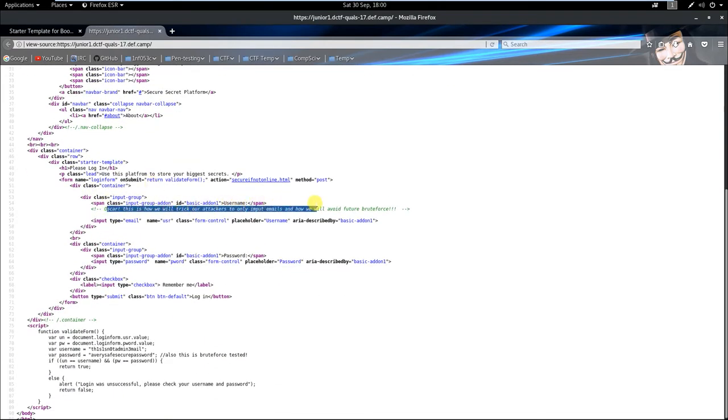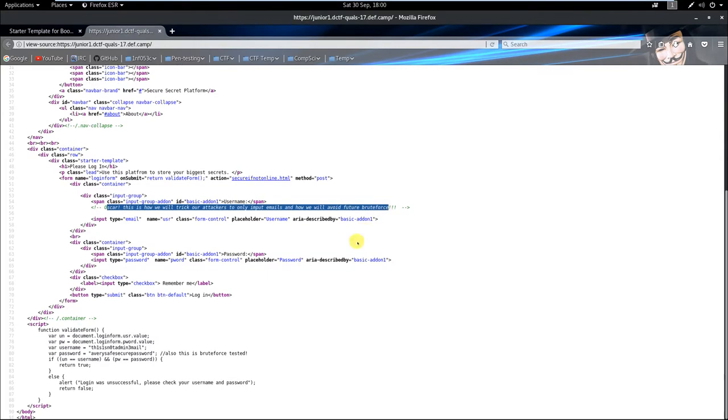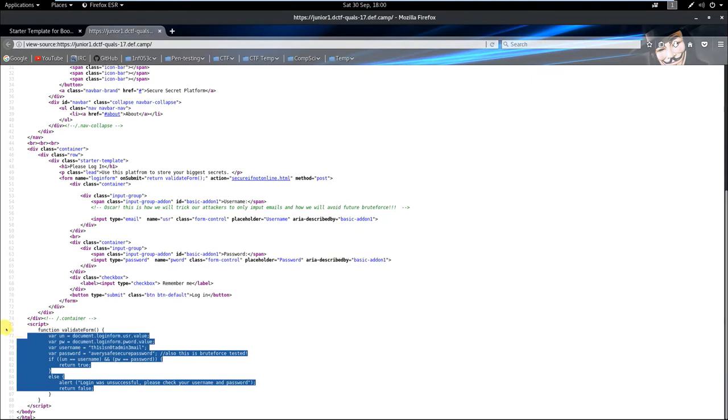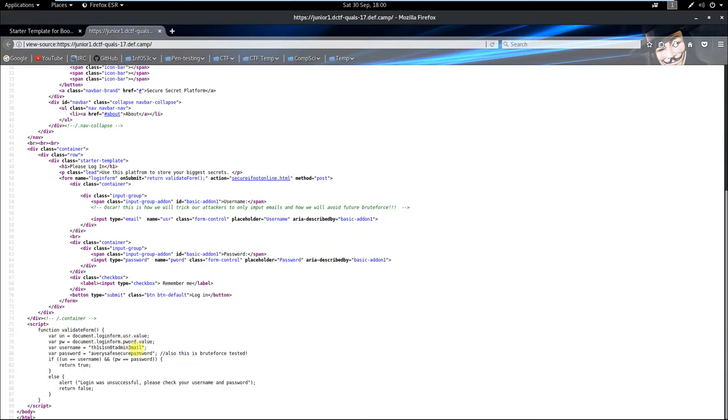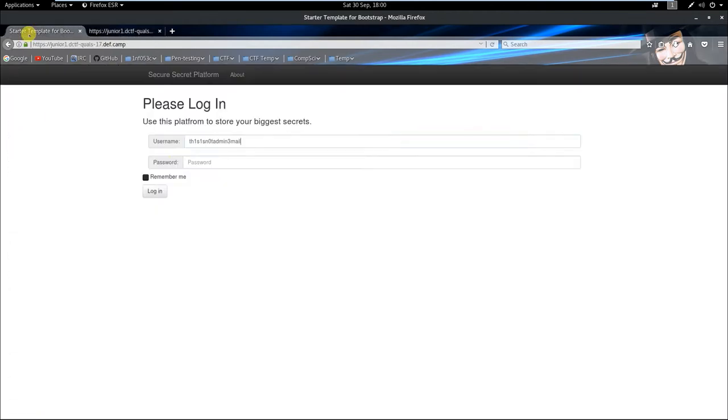This is how we will trick our attackers to input only emails and how we'll avoid brute force. You can see we have a client-side validation here. The username is set to "this is not admin email", and the password is set to a very safe, secure password. Also, this is brute force tested. So it's going to check the username that we enter matches this username, and the password we enter matches this password. So if we take a copy of that and a copy of this,